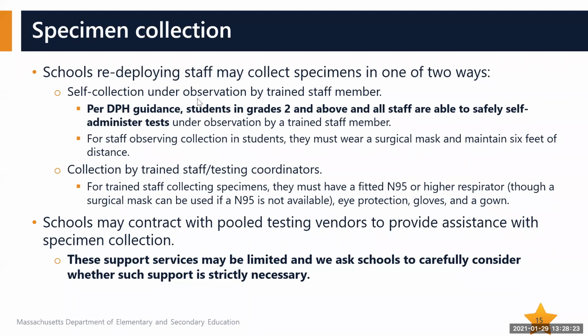So just a reminder that under observed conditions, a staff member who is observing needs to be trained to be able to do so. They would be observing students in grades 2 and above, and remembering the PPE requirement of a surgical mask for that individual. But if there is direct collection of the specimens, so that there's somebody actually doing the swabbing,